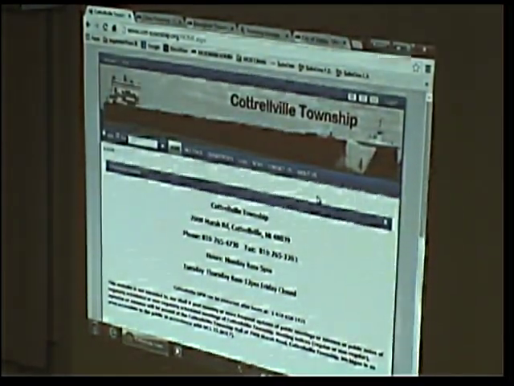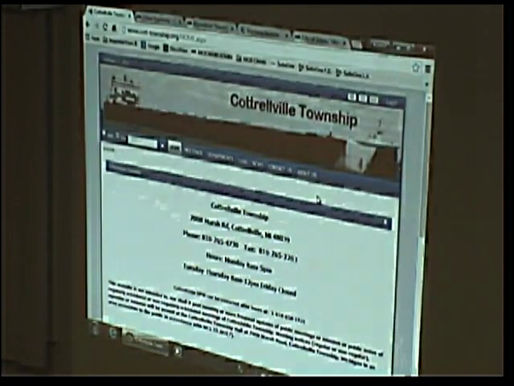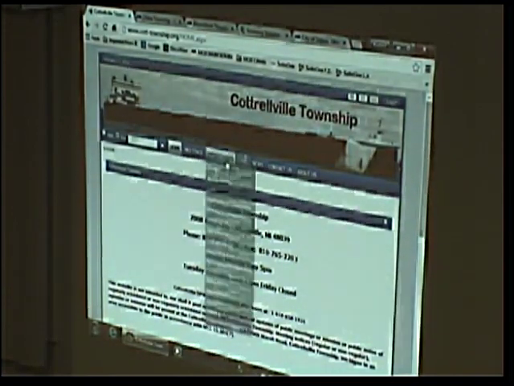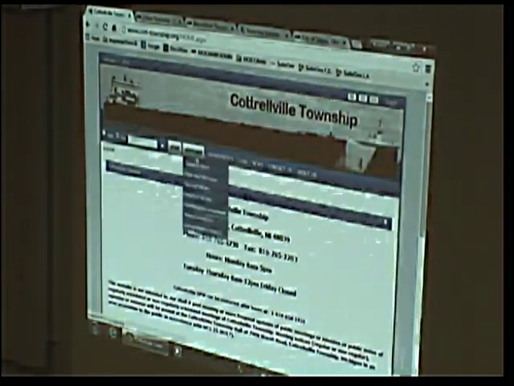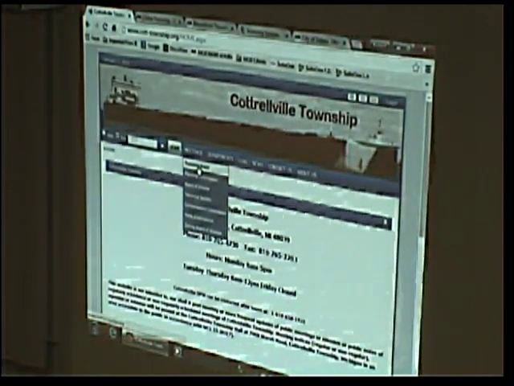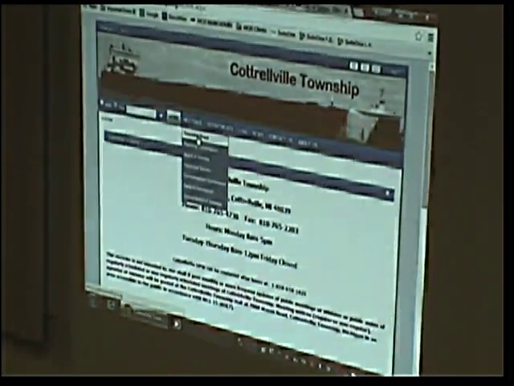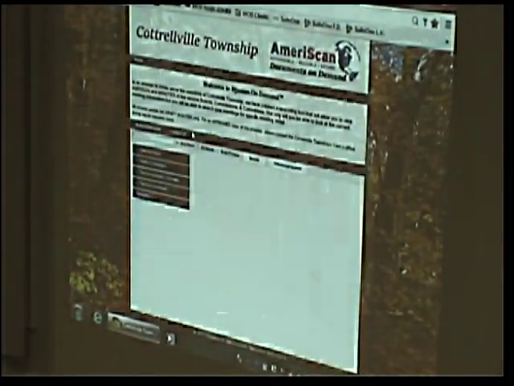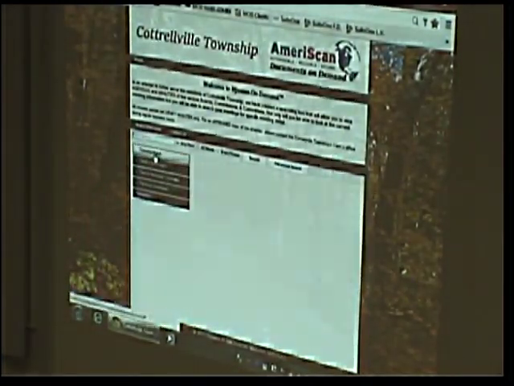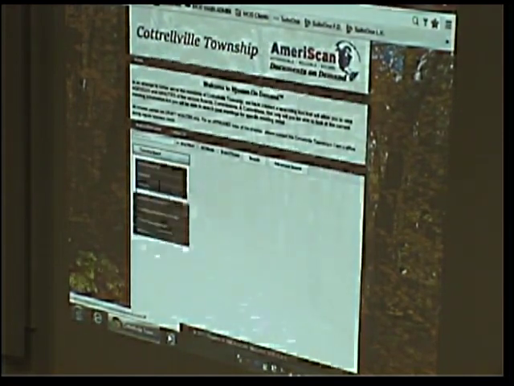We actually have it linked to your website right now, and I know we've had some issues here with the website being down and up. But again, it's just a link. So right here under meetings, we have it linked right now, but this will probably change if they decide to approve this. And what we do is we create a page that's going to house different document types. So there's no limit to the amount of folders, subfolders, document types, users. And when I say users, all the board members. You can have people from the Planning Commission, ZBA, all logging in, adding documentation, or if you want to just run it all through Lori, you can do that.